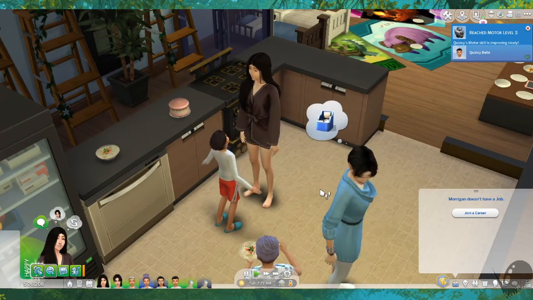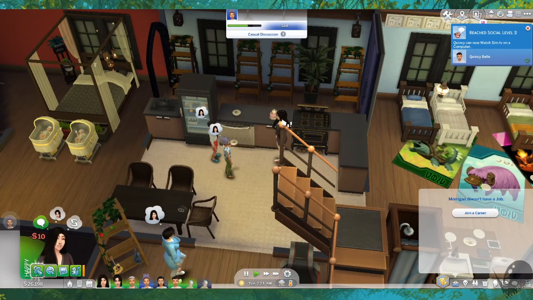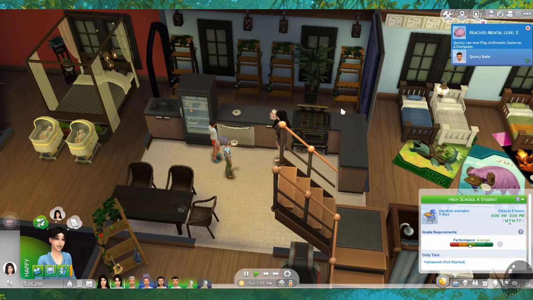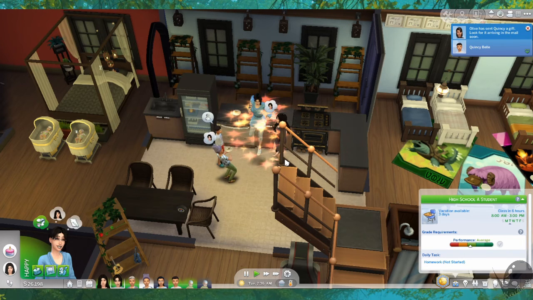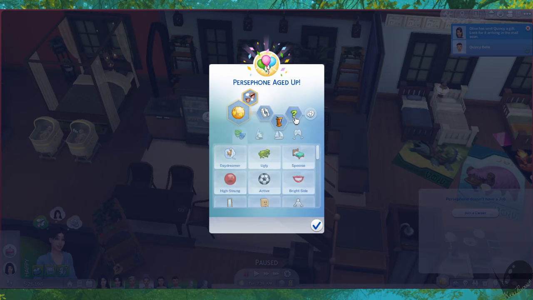And then put birthday candles in. And then blow out the candles, Persephone. Because it's time for Persephone to age up and move out. What are you doing? Oh, Bia! Yay, nothing happened. Except Persephone gets a teen, not a teen trait. She gets a new adult trait,